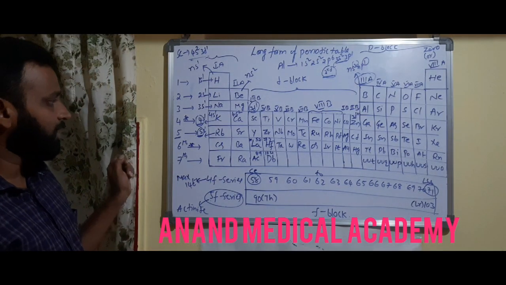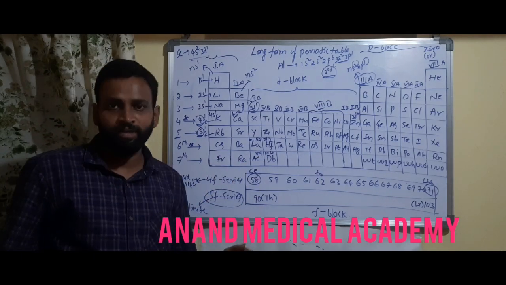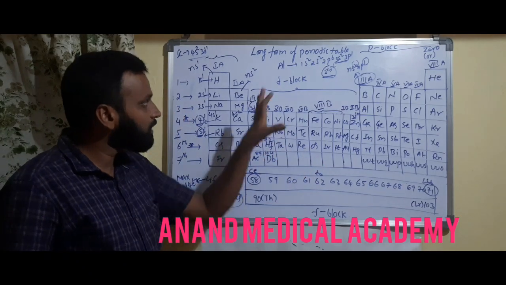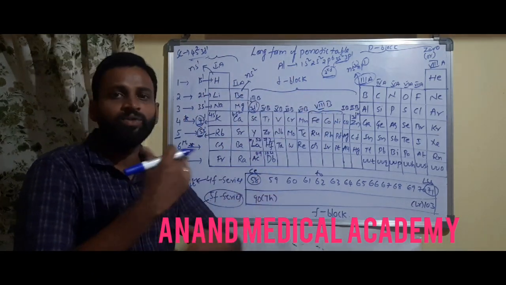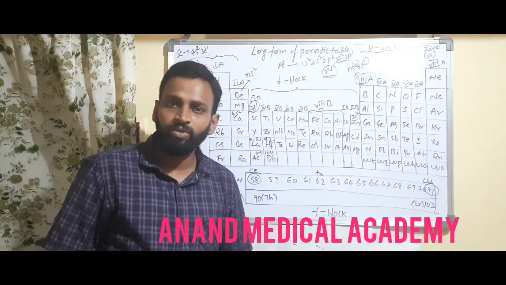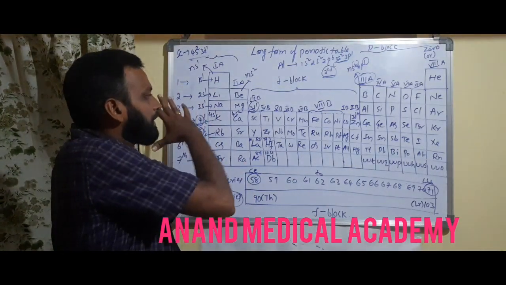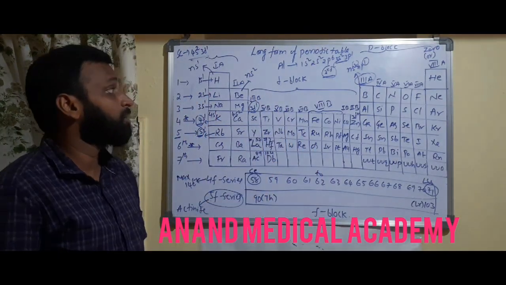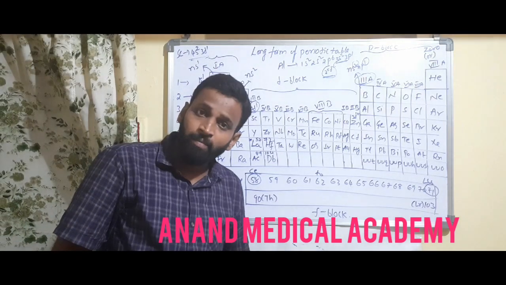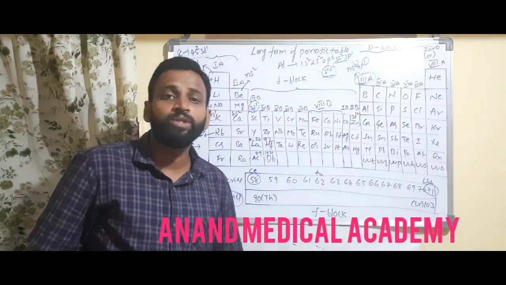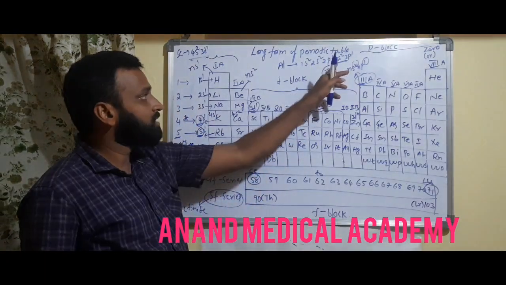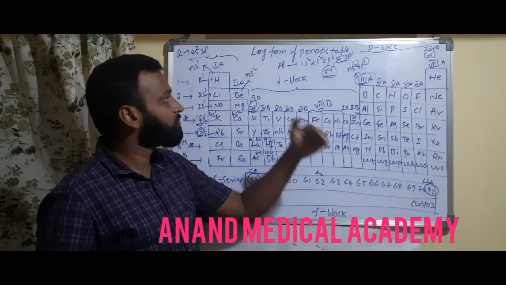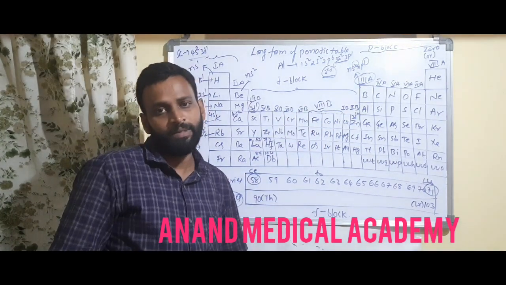So have a screenshot and write down everything in just 5 to 10 minutes. Today this class is only about 25 minutes like that, but you have to listen to the class again 2 times, and you have to write this configuration clearly in one place. Getting? So these are very, very important for us. So what is the group number, how to find, I told you. How to know the period number also, I told you. In valency shell, small n value will give you period number. The number of valency electrons will give you group number.